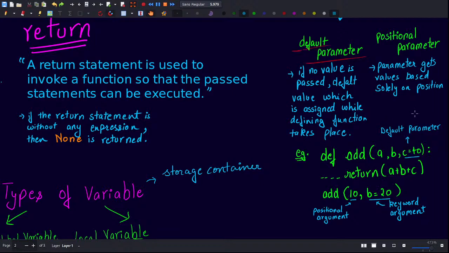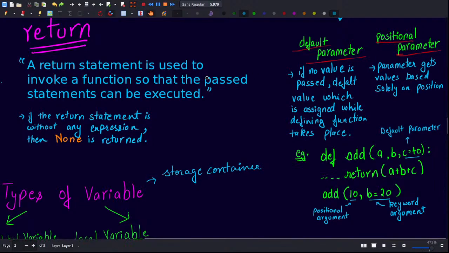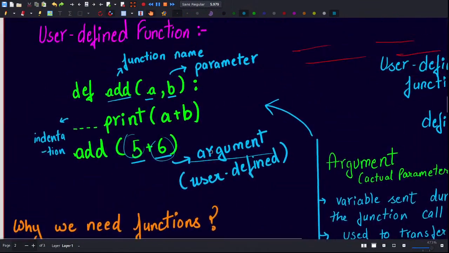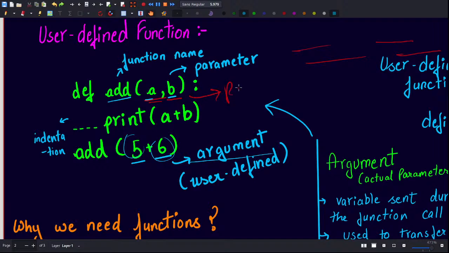The second type of parameter is positional parameter. This is the most commonly used type of parameter, because whenever we don't give any value, these are the positional parameters. These are the most commonly used, because the keyword argument,